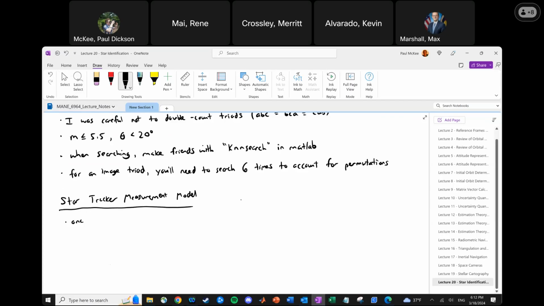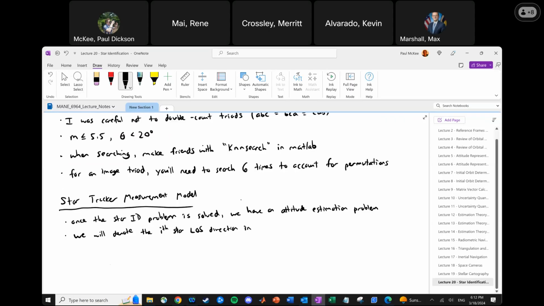So once the star ID problem is solved, we have an attitude estimation problem. So this is really a preview for next lecture, right? We have an attitude estimation problem. So we will denote the ith star line of sight direction in the camera frame as UIC